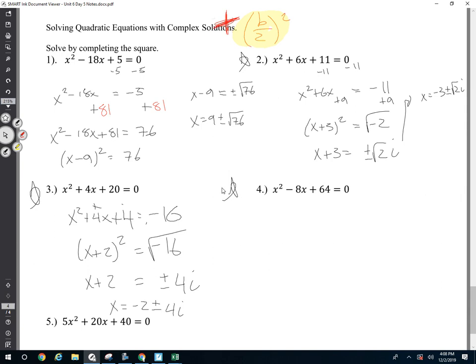Not 4. 2. 8 divided by 2 squared. Okay? 8 divided by 2 squared. Now,